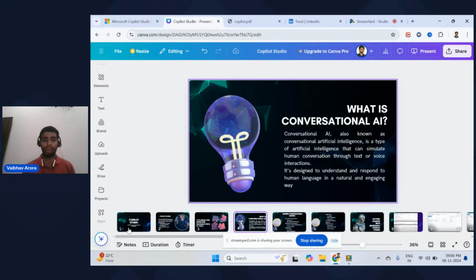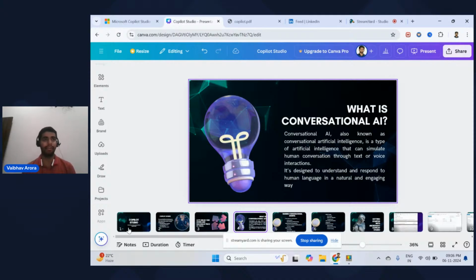If you want guidance in a specific area, let's say you want a consultant who could guide you on relationship matters, you can just create your own and mend your ways, right? Basically you don't need anything else. Let's say you have an amazing startup and website, and there are n number of queries on a daily basis. What you can do is create a conversational AI, basically simulating a human